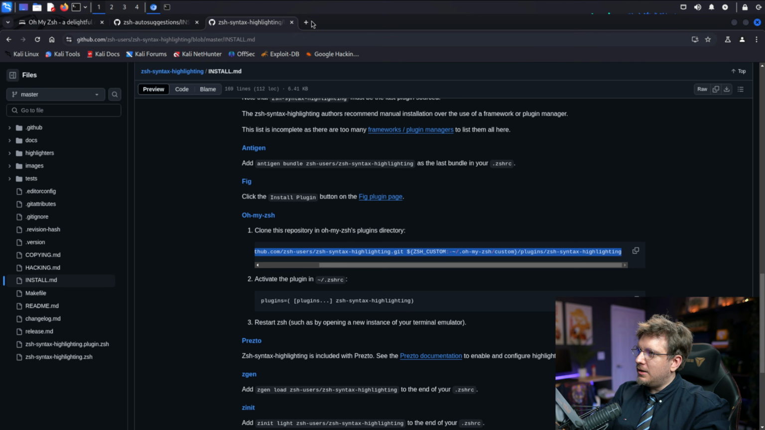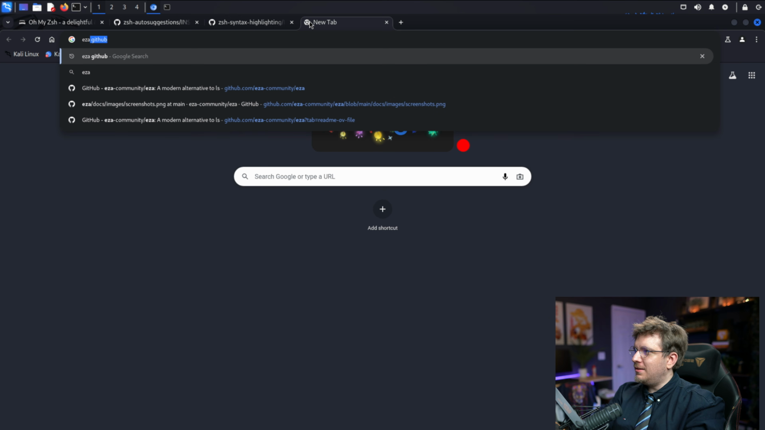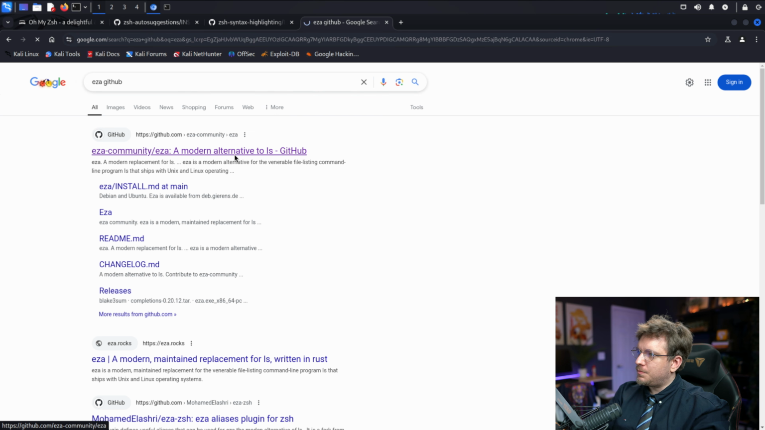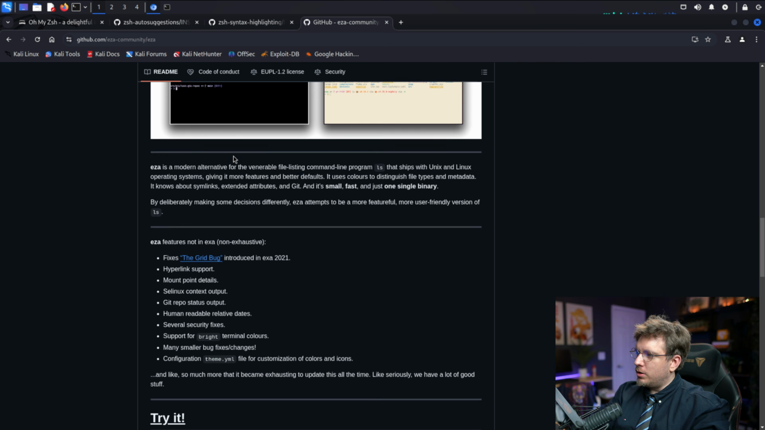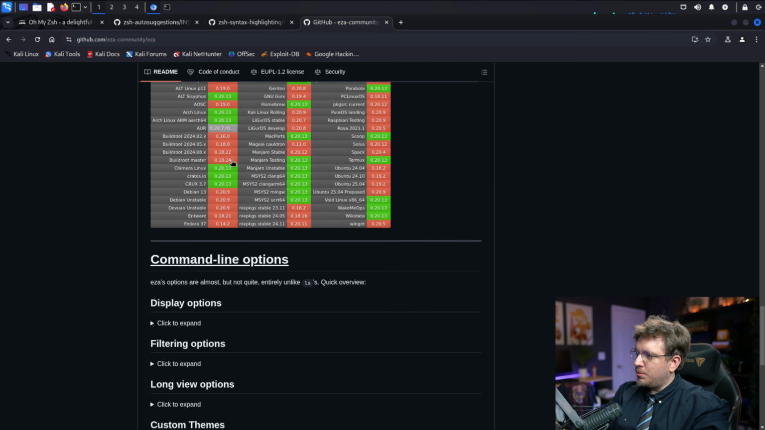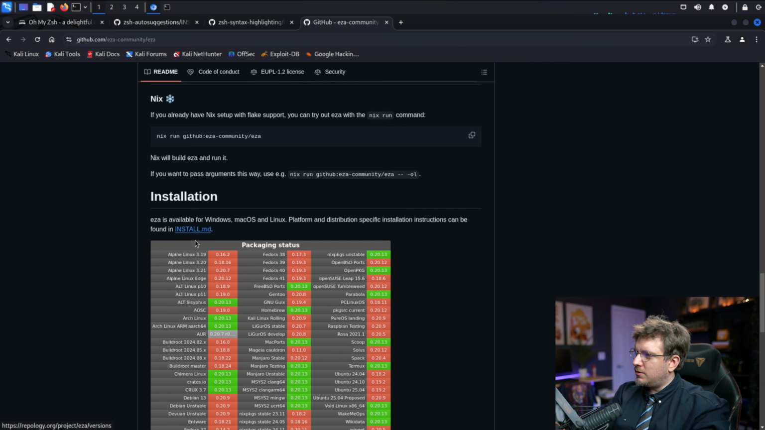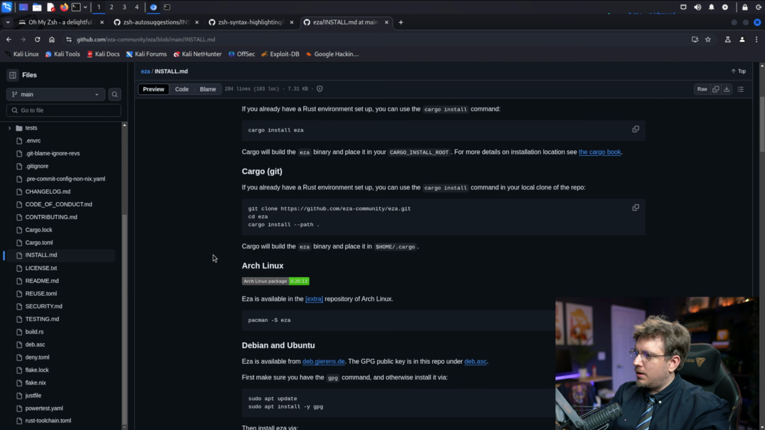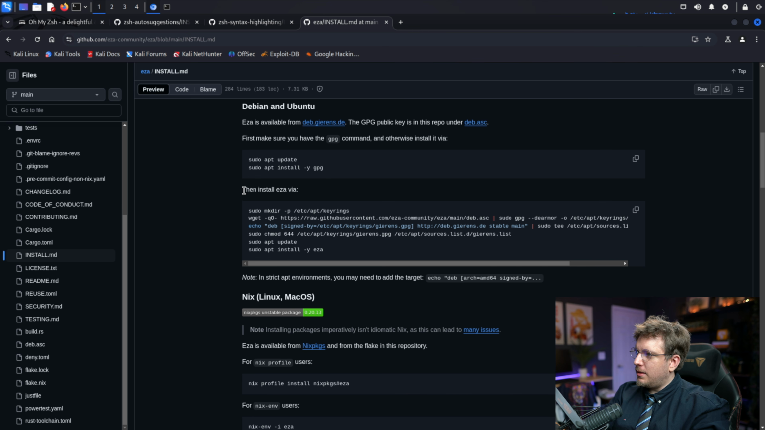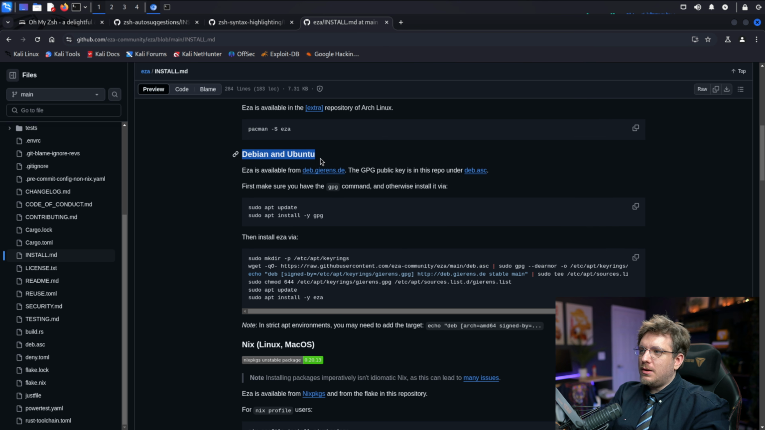So let's go back into the browser. We'll do zsh GitHub. Here it is. And then we're looking for the installation part. So let's see, install markdown file. Here we go. All right. And then we're looking for Debian and Ubuntu. So since we're running under Kali Linux, this is the way to install zsh. So I'm going to copy this entire thing,